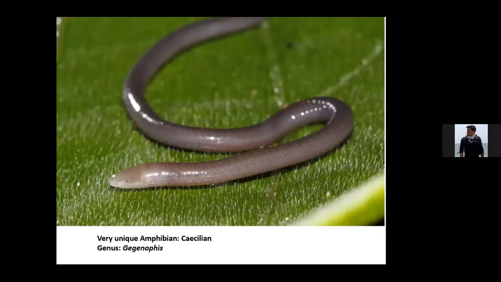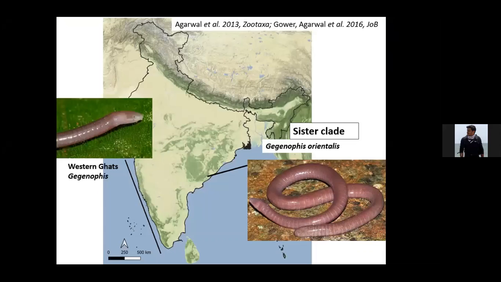I mean, so far we know that their eyes may be rudimentary. They are very secretive and very less studied. Some of the Sicilians, we just know the names. Apart from that, we don't know anything. This genus Sicilian, which was earlier described from the Eastern Ghats and thought to be endemic to Eastern Ghats, now